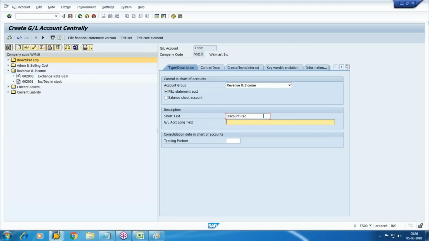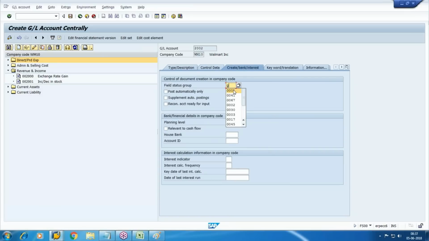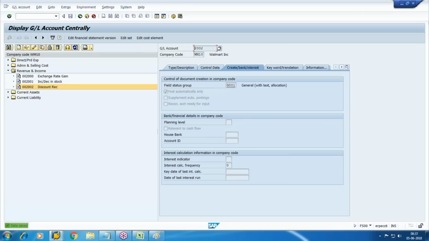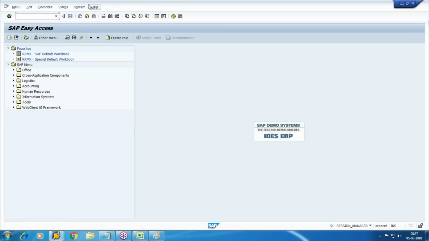Discount receipt. Post automatic only, so that there is no manual posting. This account determination is already there, we only need to assign this ledger to the account determination key. Transaction code OBXU, or through navigation it is